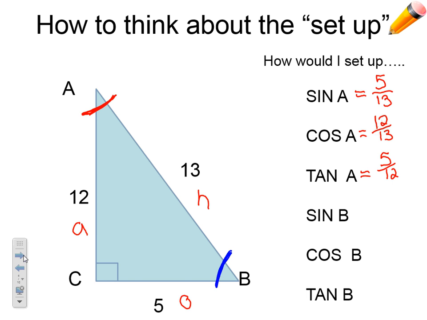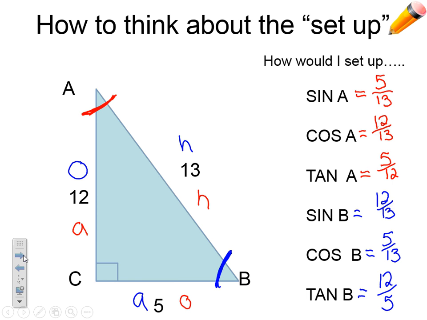So now we're looking at angle B, and now this is the opposite. This is the adjacent, but this is still the hypotenuse. So if I do sine, opposite over hypotenuse, I'm going to get 12 over 13. Cosine of B is adjacent over hypotenuse. So that's going to be 5 over 13. And the last one is tangent of B, which is opposite over adjacent. So I'm going to have 12 over 5. All right, so just some basic setups of what it's going to look like when we're using sine, cosine, and tangent,